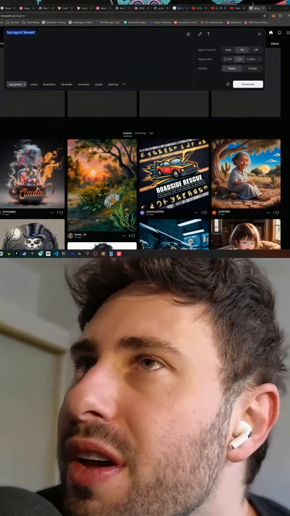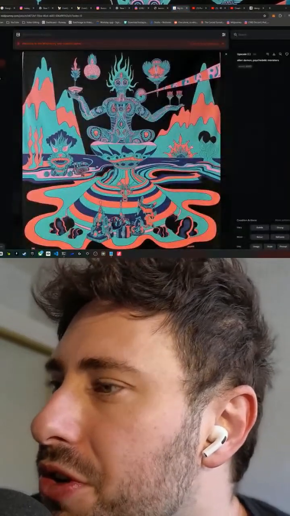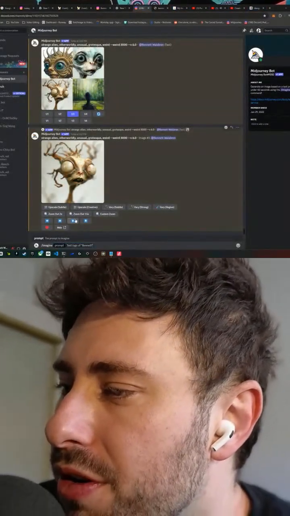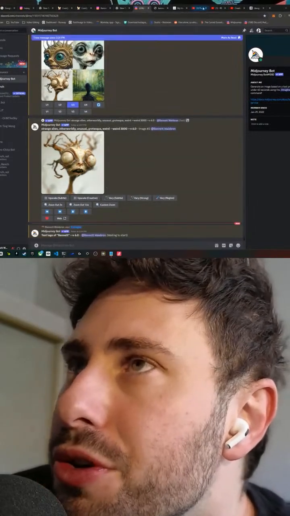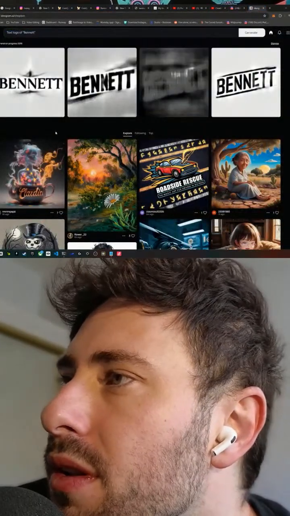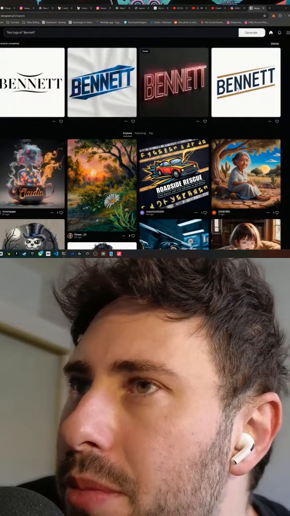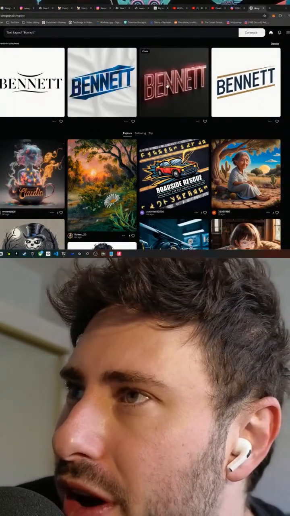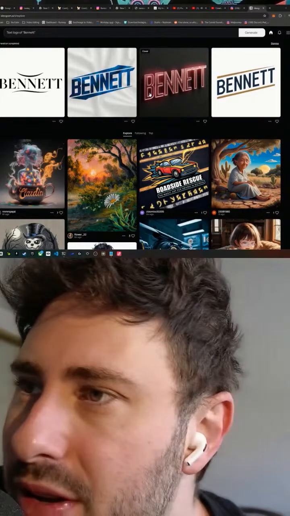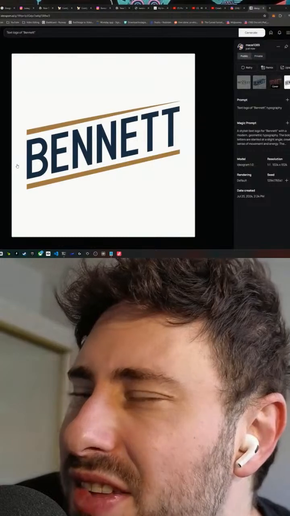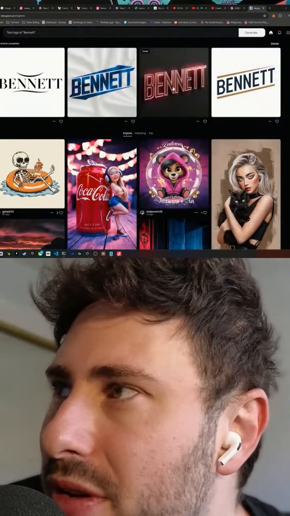I don't think Midjourney, I mean, it can do text to a degree. Let's give it a shot real quick to compare. I'm kind of curious. So same prompt, but for Midjourney. And as you can see here on Ideogram, these are some pretty sick logos with little to no creative direction. Just asking it to make a logo based on my name. And already these are pretty sick. I could see myself using something like that for something.